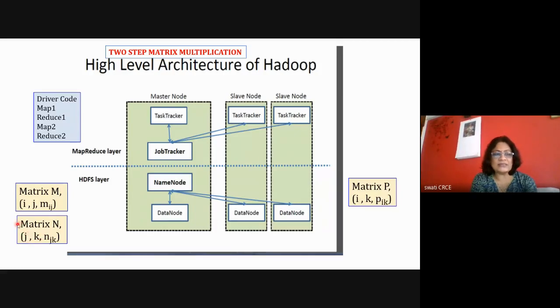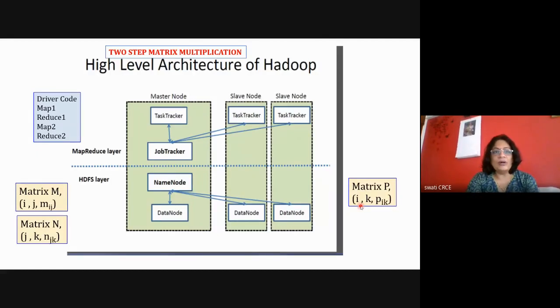And we get the resultant matrix as ik, you know that. So the element of N is stored as Njk, while your resultant answer may get stored in a distributed fashion, and that matrix may be capital P, and the element is Pik. So just remember, ij is for matrix M, jk is for matrix N, and ik is for matrix P, and all three matrices are stored in a distributed fashion. After the mapper and reducer work on the matrix elements, your resultant matrix elements are stored in this format. This is the way it is going to happen.